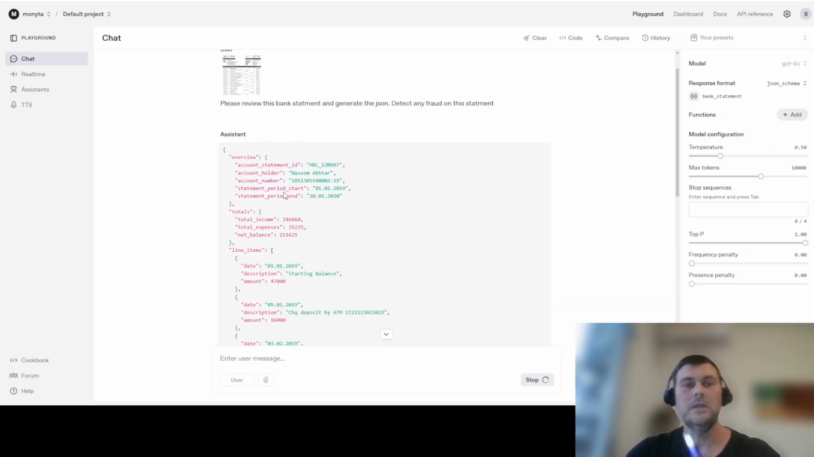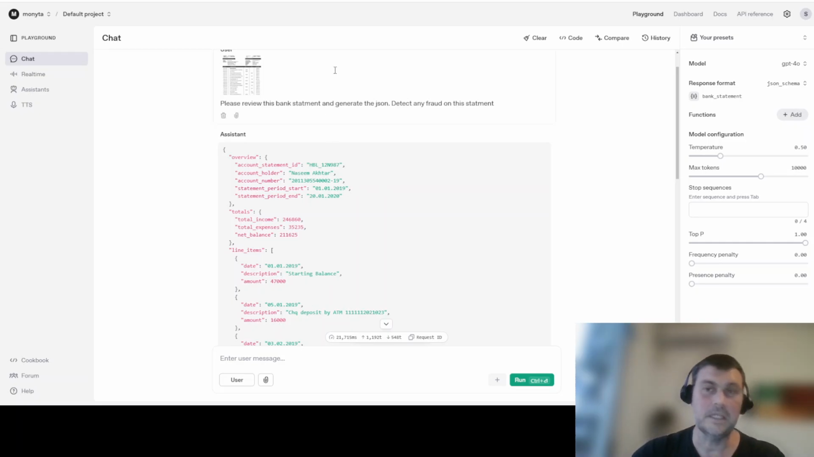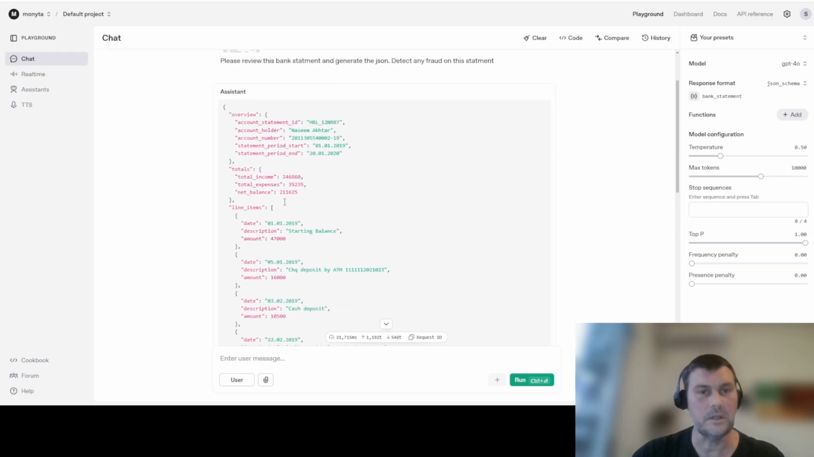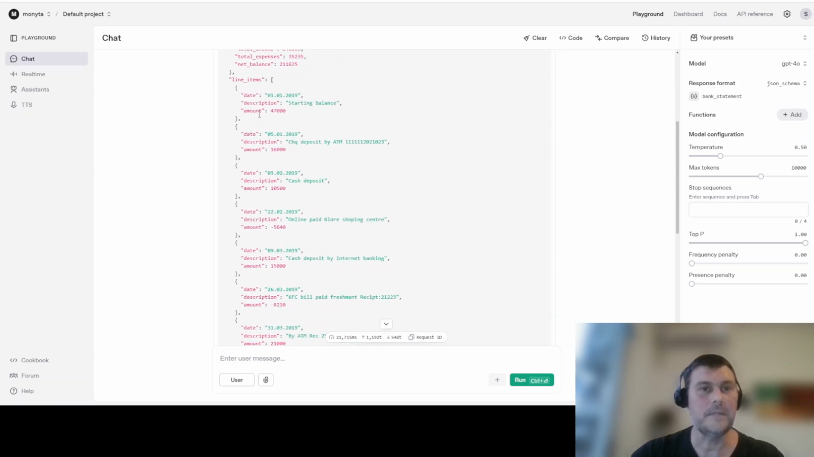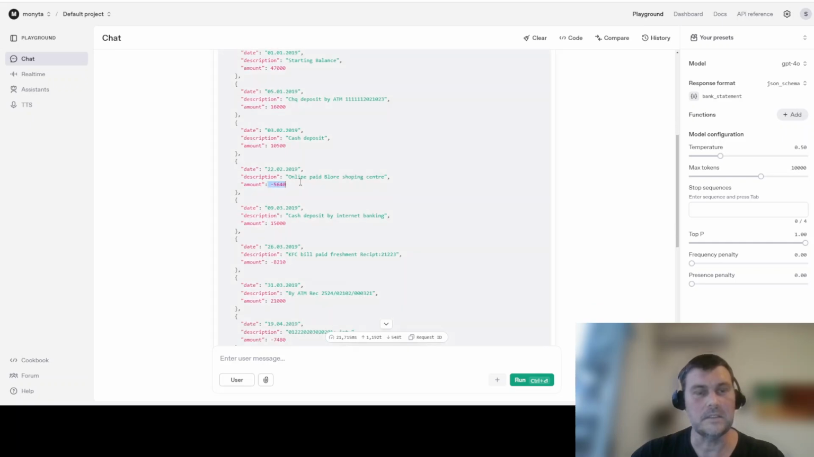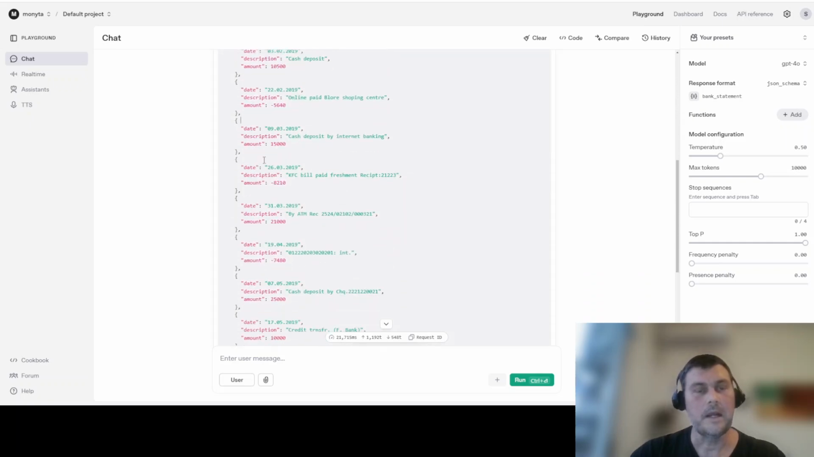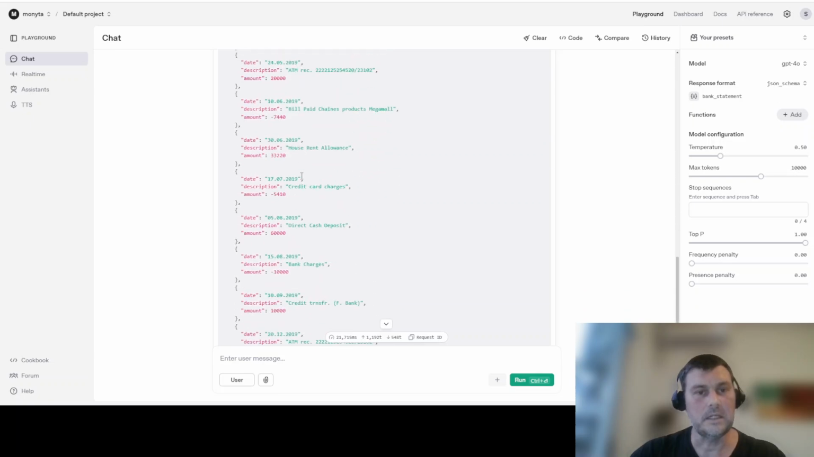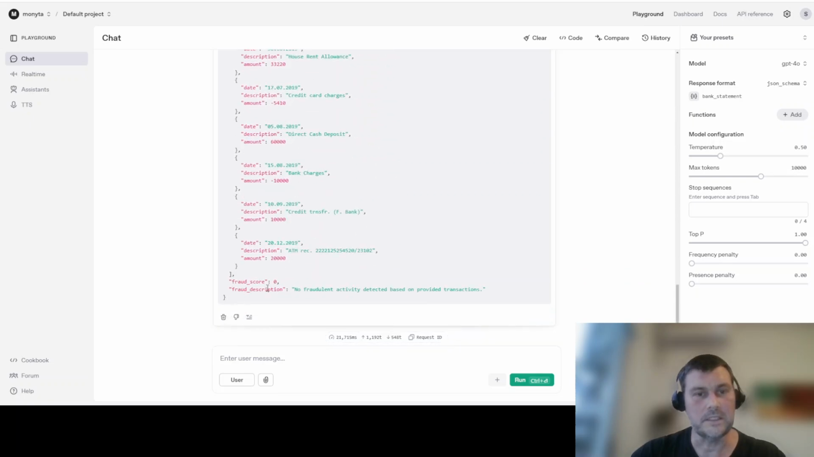And here we go. So this is not giving me other text. It's not giving me opinions that you'd get through the ChatGPT window. It's only giving me the pure JSON, compliant with the JSON structure. So it's gone and got me all the totals. It's got me all the bank statements. All the line items are here. As I said, it's using negatives for credits and debits. And we've got a nice, it's given a fraud 0, no fraud activity based on